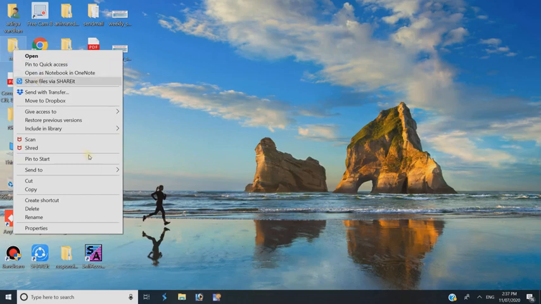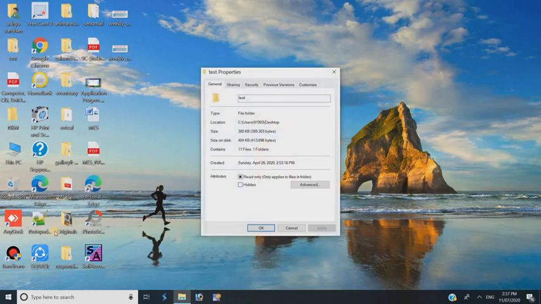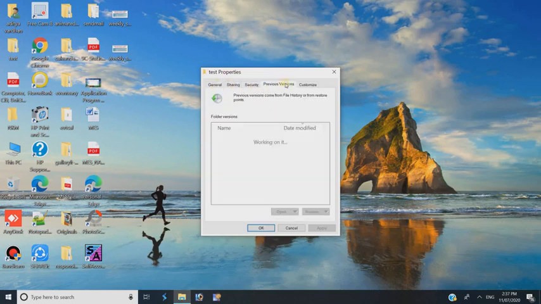Now we'll see the shortcut menu appear here. Bring the mouse pointer near to the Properties command option. Clicking the Properties command will open the Properties dialog box of the related folder. Now bring the mouse pointer. The General tab must be opened, because there are different tabs here.